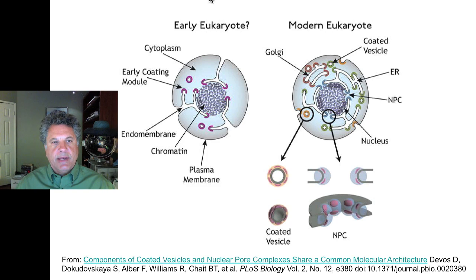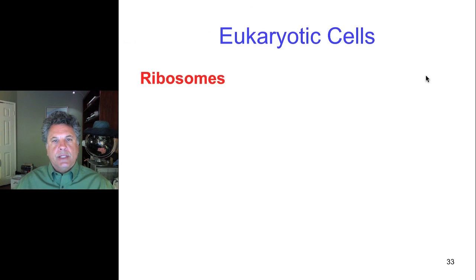So that's an interesting feature of the evolution of the eukaryotic cell, that it can be inferred from molecular homologies that exist between proteins in the eukaryotic cell today. Now let's leave the evolution of the eukaryotic cell or further treatment of the modern eukaryotic cell until a little bit later, and now let's visit some other components, and we'll get back to evolution of the modern eukaryotic cell shortly. So let's now consider some other components of eukaryotic cells, like ribosomes.